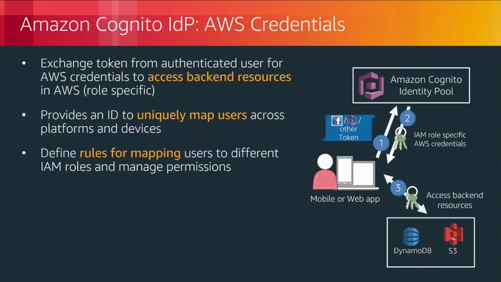Let's take a little bit closer look at how that works. So Cognito Identity Pool generates a unique identifier for every single user. So let's imagine our application is already authenticated against Cognito and has a token. We can go up to that Cognito Identity Pool and actually trade that token for AWS temporary credentials, which will allow us fine-grained access to only the resources that we give access to via IAM policies.